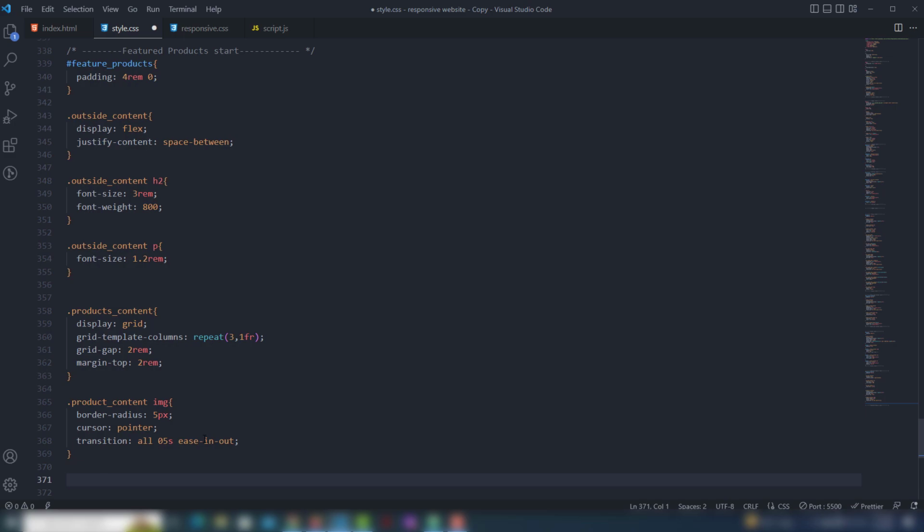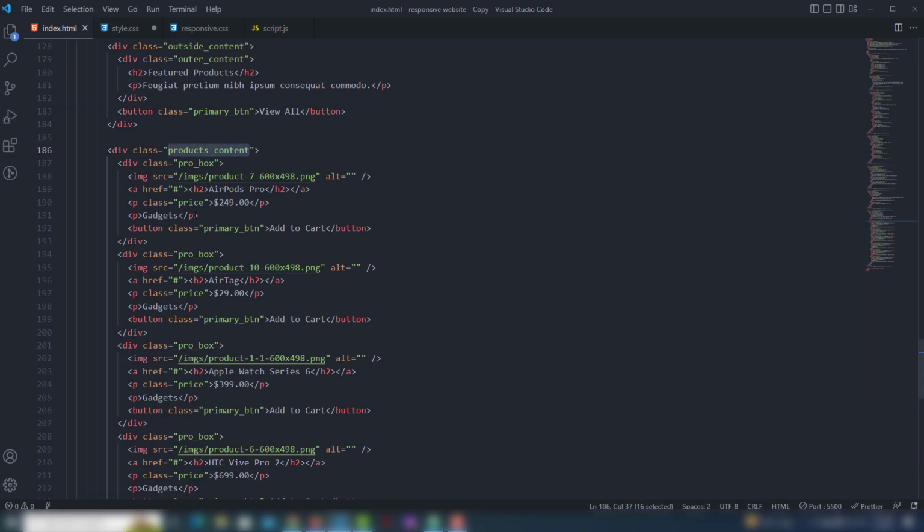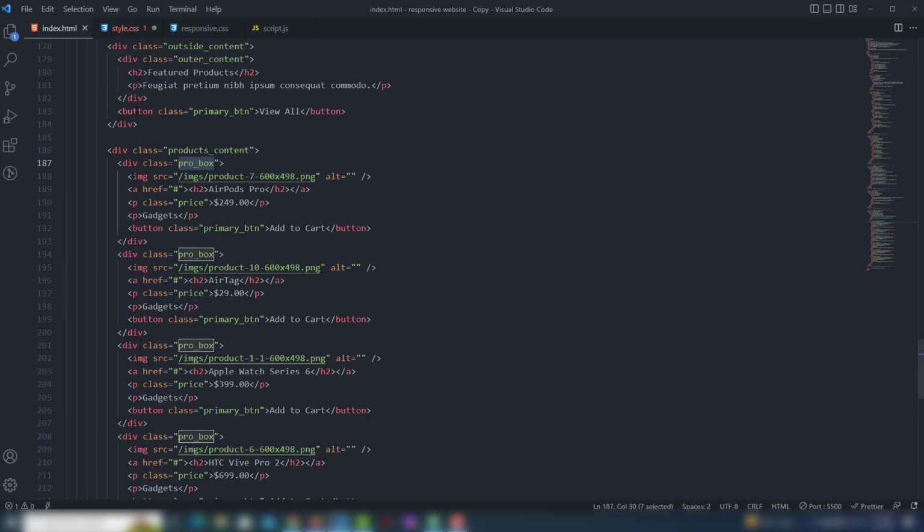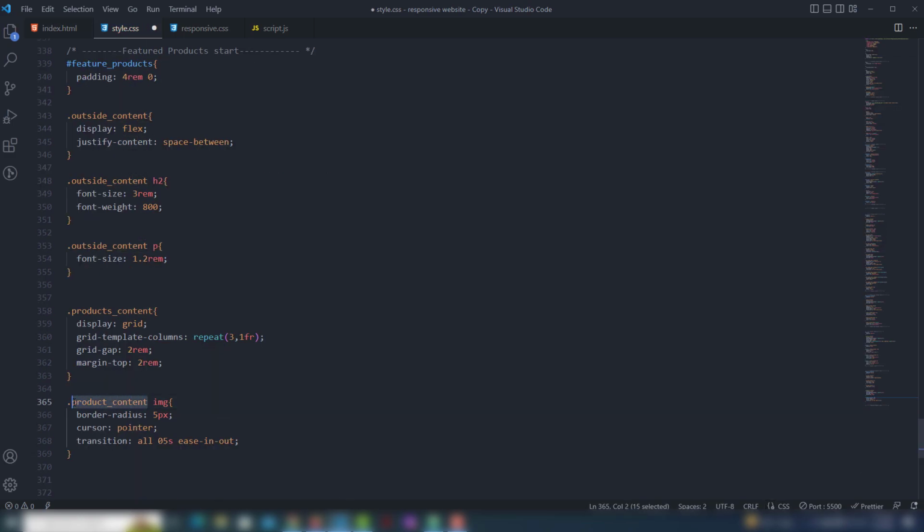Then I'm going to select the box and like that, like this one in the box. Okay, I think we need to get that and based on it, because the box is a